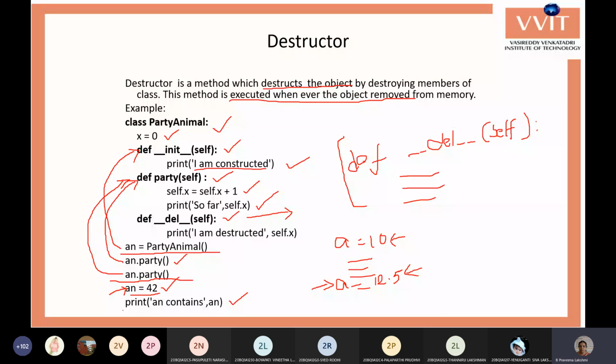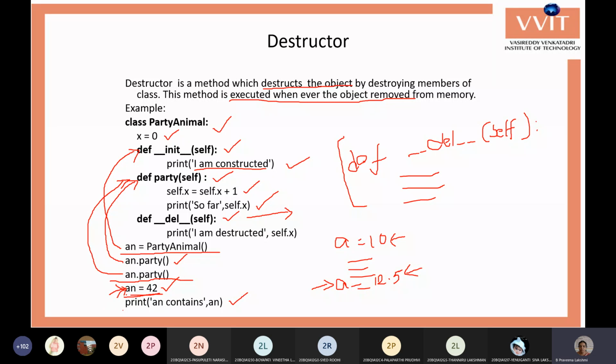In Python, it is dynamic typing, done with dynamic allocation and dynamic deallocation also. Python does dynamic memory allocation and dynamic memory release. So whenever you change the value in the an variable, at this statement it deletes the existing object and creates a new variable of int data type and assigns the value 42.